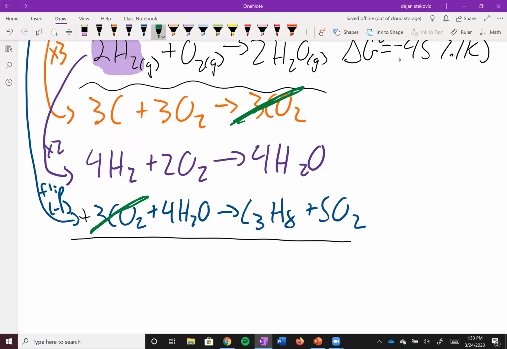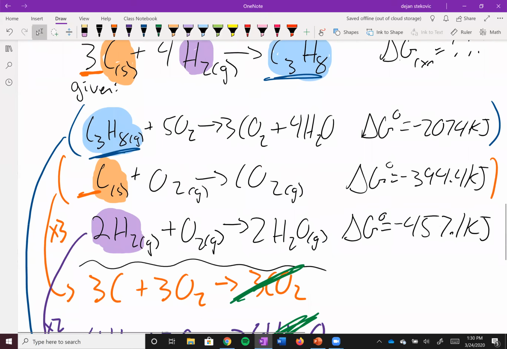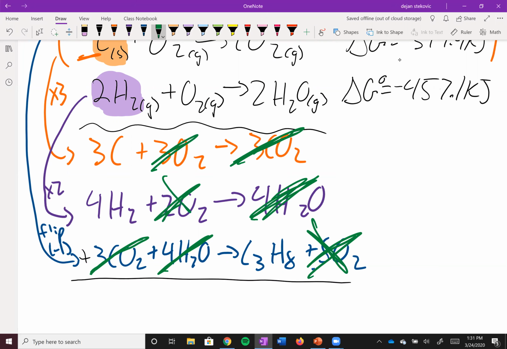Let's see, is there anything else that's going to cancel out? Yep, we've got this water, another water. That'll go ahead and cancel out. And then I've got this 3 and 2 O2. That'll add up to 5 O2, which will cancel out with the 5 O2 right there. Right. So what I end up being left with is